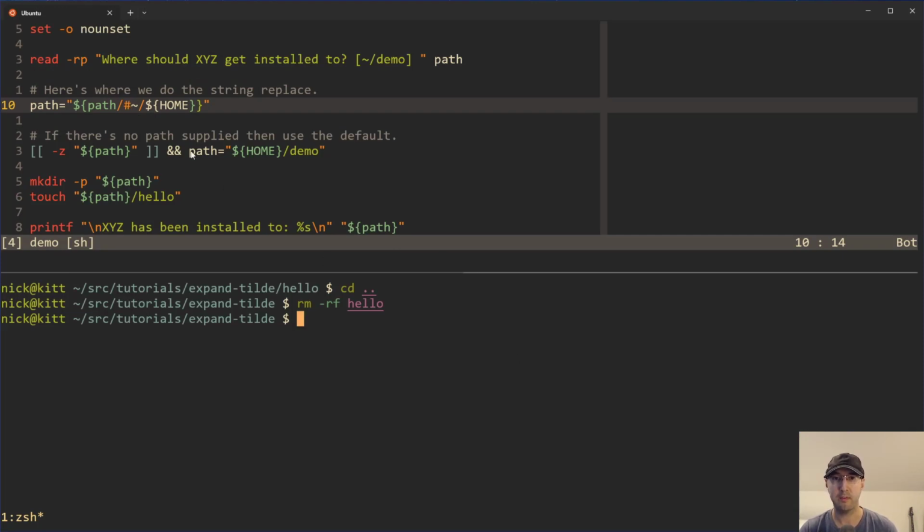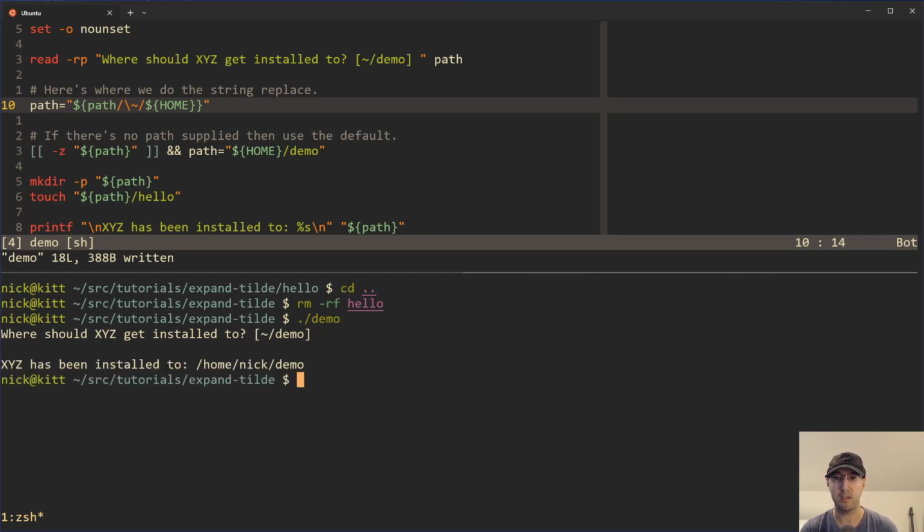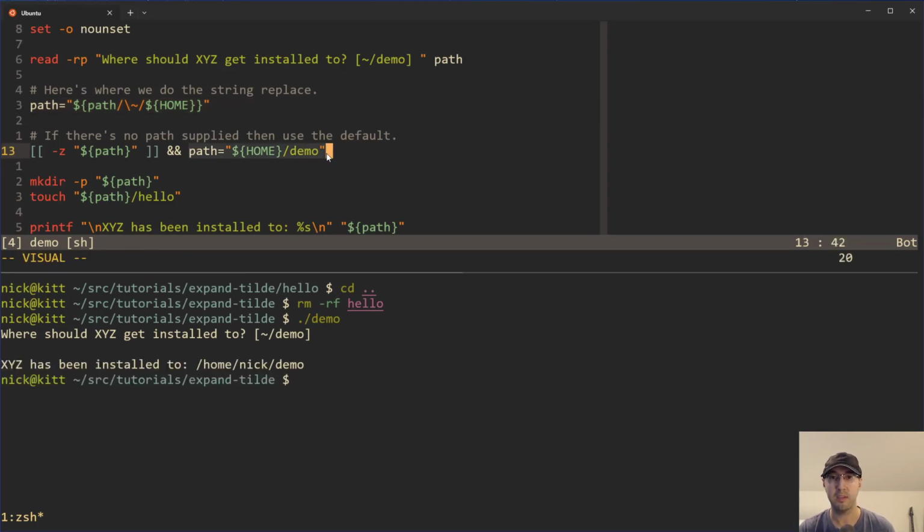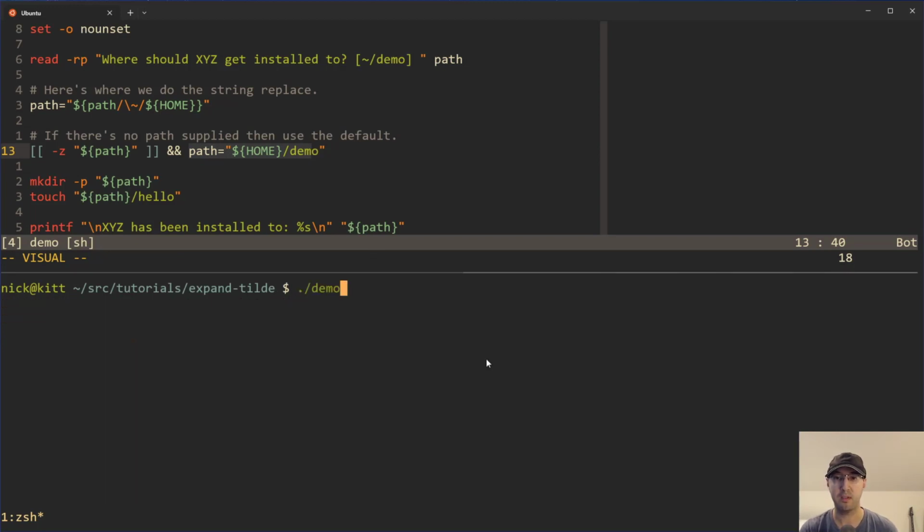But let's say that for whatever reason, or maybe this is what you want to do, you want to replace all the instances of a tilde with the user's home directory. It doesn't matter if the tilde happens to be the 10th character in their input or the first. So if we rerun the script here again, we can do demo with no input. This is still going to work exactly the same because this condition is firing and that's the path being used. Cool. But then we can rerun the script again and we can say okay, let's go back to